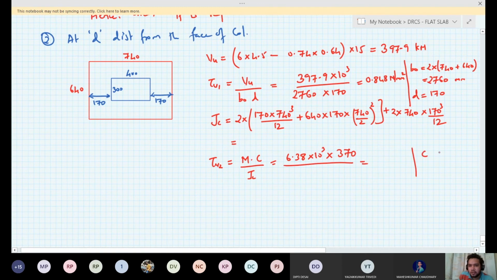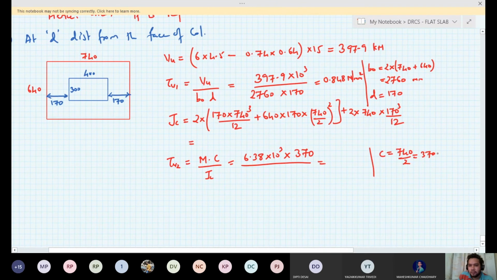See here, C is 740 by 2, so that is 370 mm. See this JC value will be 4.19 into 10 raised to 10 mm raised to the power 4. So overall this value will be